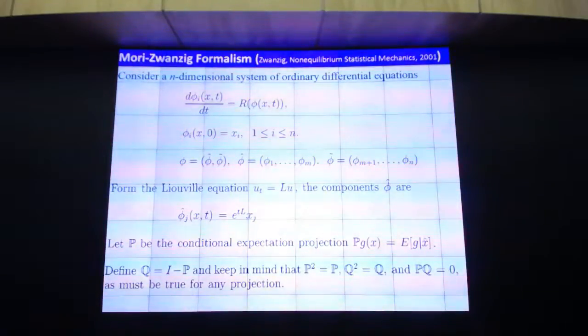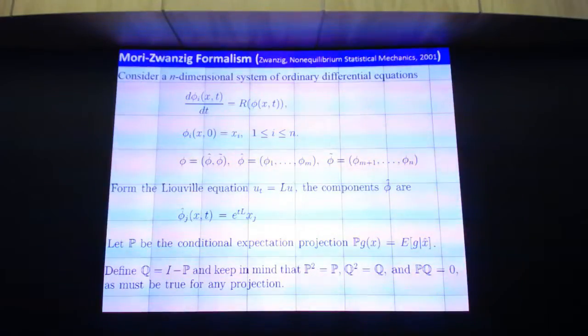On the first day, Juan gave a derivation of this equation. But as I said here, I'm not after analysis of this equation; I want to use the equation in a constructive way as a computational platform to build models. But just to clarify the notation, let's start with a nonlinear system of ODEs, and phi